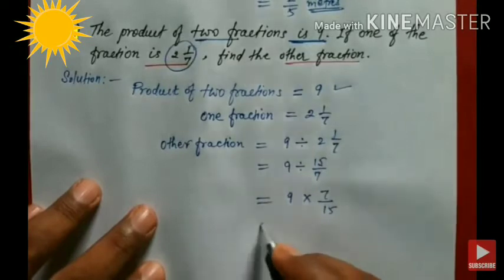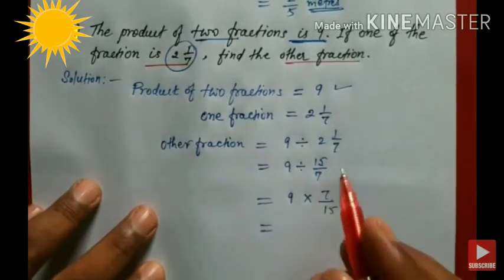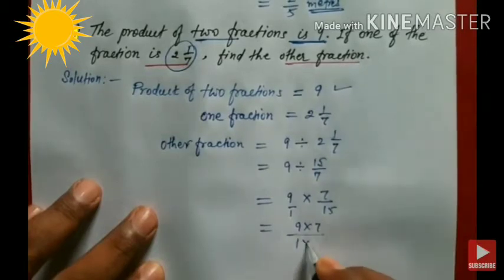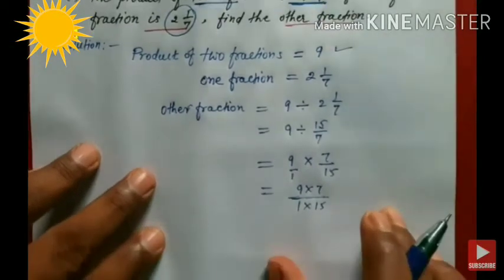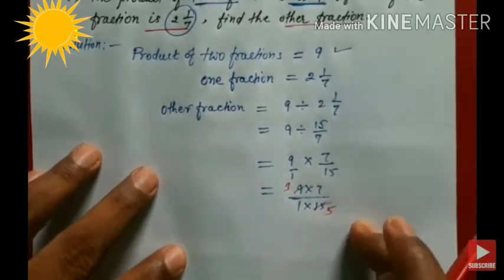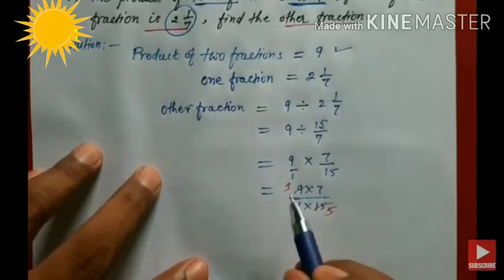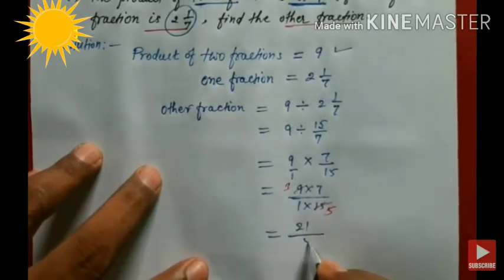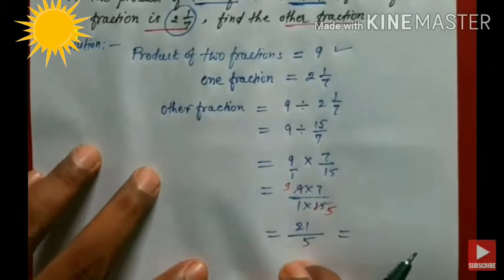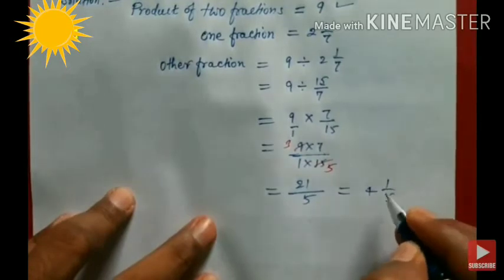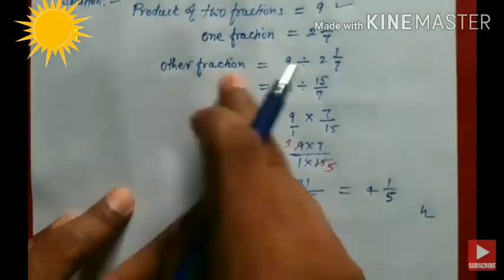Okay. Now we will check here. We will write here 9. We can write 1 under 9, 9 upon 1. Now we will multiply 9 by 7 upon 15. Now we can check here, is there anything common that we can cut in numerator and denominator? So yes, 3 3s are 9 and 3 5s are 15. Now we will multiply it. 3 7s are 21 and 5 1s are 5. So we will convert it into a mixed number now. So we will write here 4 whole 1 by 5. Okay, so this is the other fraction.